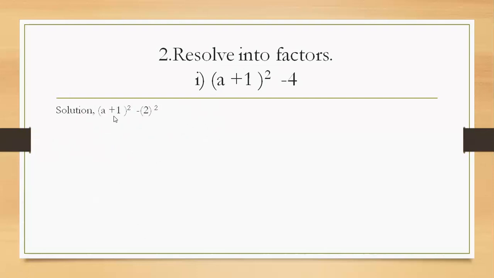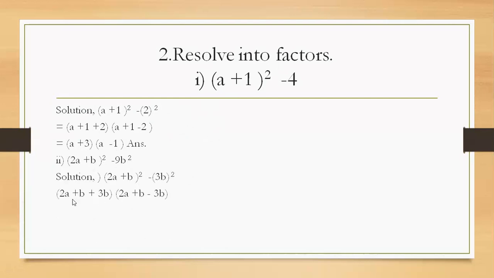Look, a plus 1, this 1 is added with a, this is one factor. Okay, a square and 1, and this b means a 2. a square minus b square expressed as a plus b, a minus b. Then now look, 1 plus 2 like terms we can add, it will be 3. 1 minus 3 means minus 1, this is another factor. Okay, these are the two factors. Similarly here, 2a plus b whole square minus 9b square. It means, look here, the first one, a means 2a plus b, b means 3b. Okay, that's why a square minus b square. Then b plus 3b we can add, it will be 4b. And this b minus 3b, this is minus 2b.